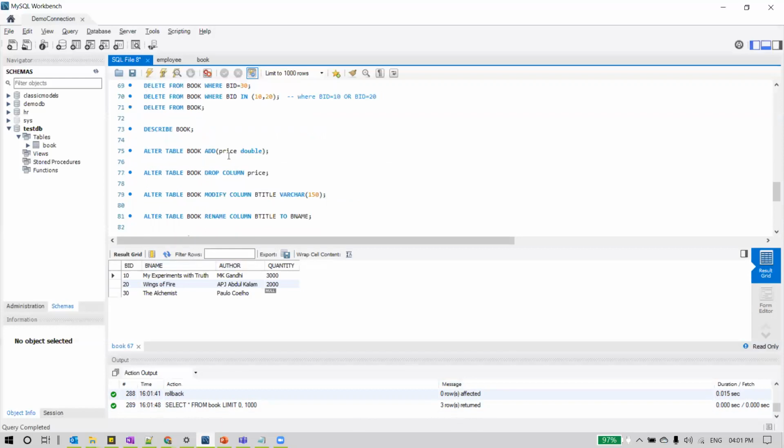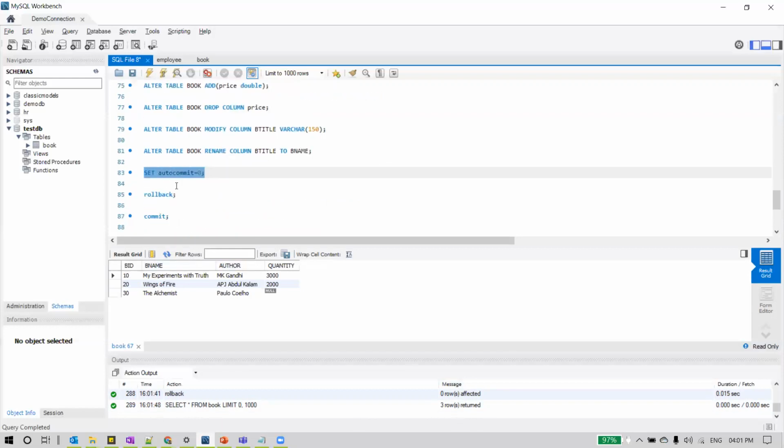So this is the advantage of having auto commit equal to 0. Even if you perform some operation by mistake, you can always roll back and go back to the point where you were about to start that operation. You can take your table status straight to that point. So this is the use of rollback. And to use rollback and commit explicitly, we first need to issue the command set auto commit equal to 0, as auto commit will be on, set to 1 by default in MySQL.